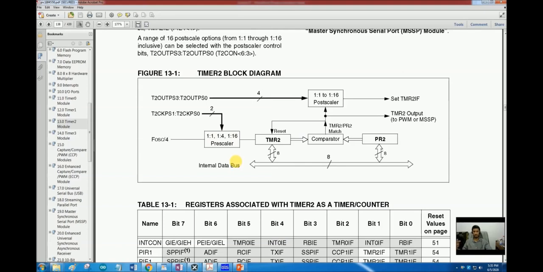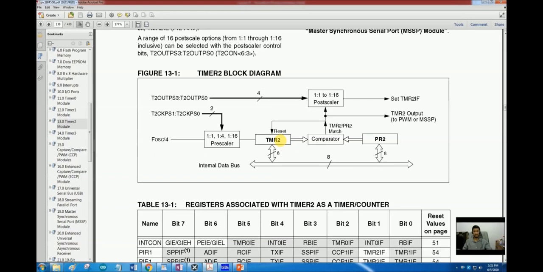We can choose between any of these three options using the timer prescaler selection bits inside the timer 2 control register. And then we see here the actual timer 2 register. In case of timer 0, that was TMR0 H and L, and in case of timer 1 this was TMR1 H and L.